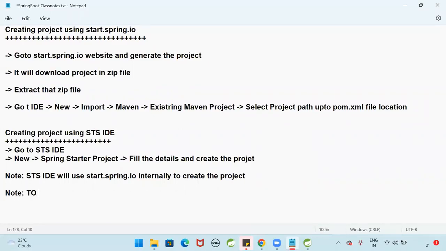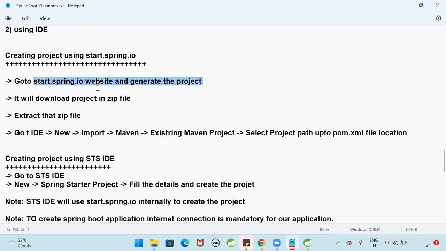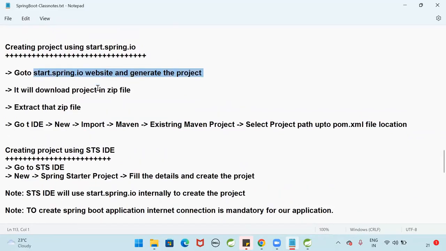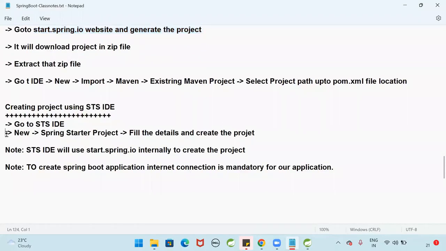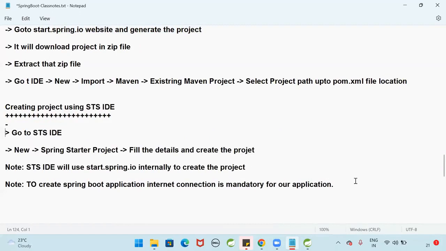To create a Spring Boot application, an internet connection is mandatory for our system. If you are using the initializer website, then you need to go to this website. Net connection is required. If you are using the STS IDE also, net connection is required because this IDE internally communicates